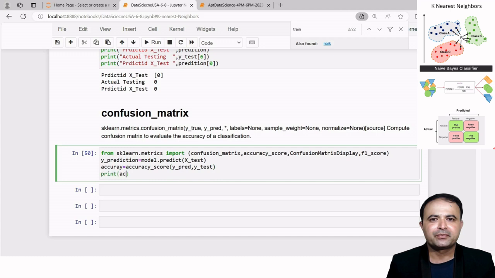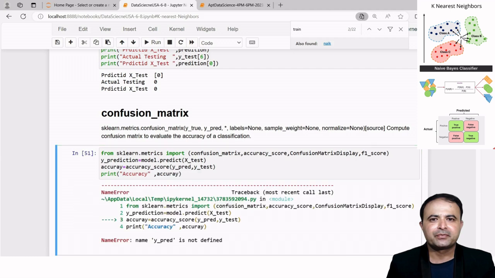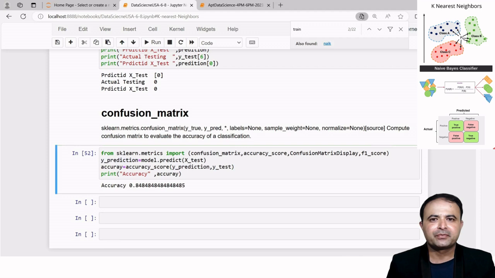Then I want to print. So the accuracy is 84%,